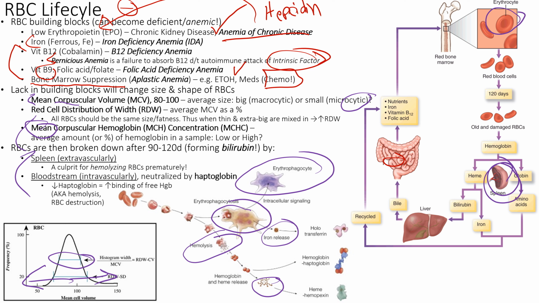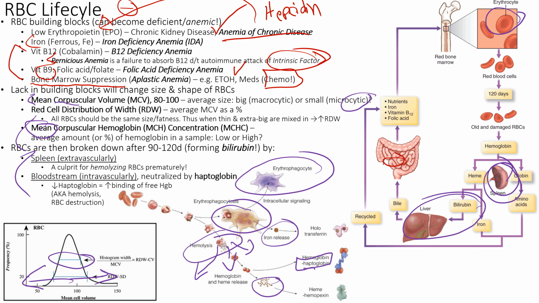Okay, so the hemoglobin, what happens to the hemoglobin? That gets bound by what's called haptoglobin. And the reason I pointed that out is because haptoglobin is one of the labs we can do for hemolysis. If we are hemolyzing RBCs left and right, we're going to be using up all of our haptoglobin. Our haptoglobin is like Velcro. It's going to attach to free circulating hemoglobin, not hemoglobin that's inside of RBCs. But once RBCs have spilled all their beans, or all their hemoglobin, your haptoglobin is going to sop it up like a sponge, and then it's going to make its way to the liver, and it's going to turn it